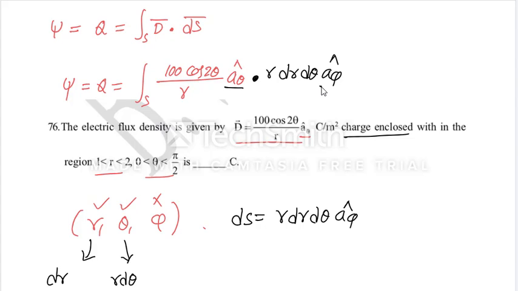Now a theta dot a phi is how much, a theta dot a phi is 0, so